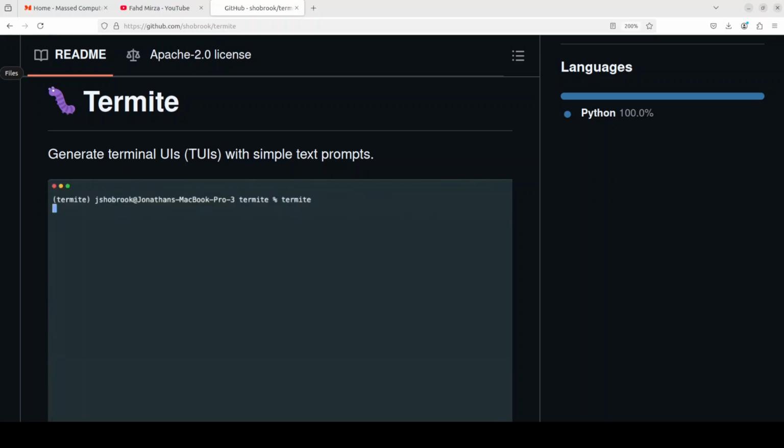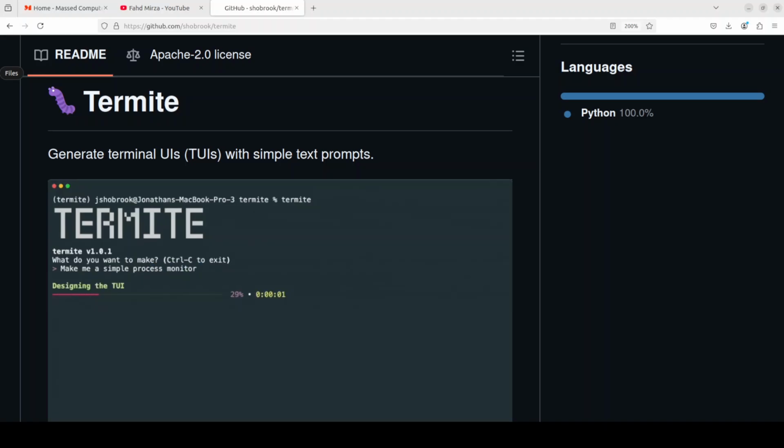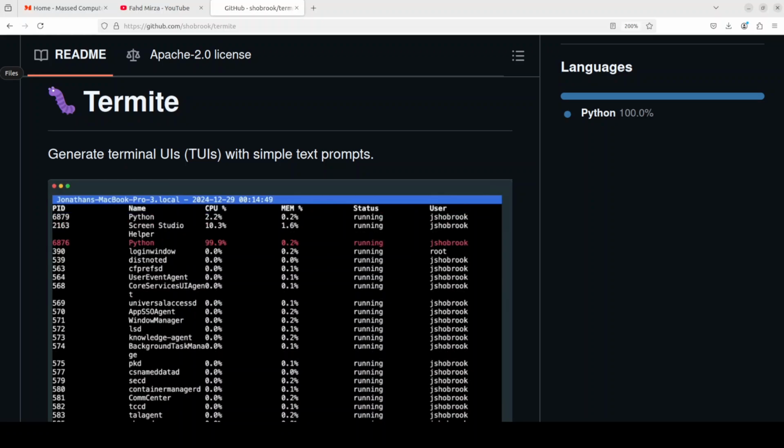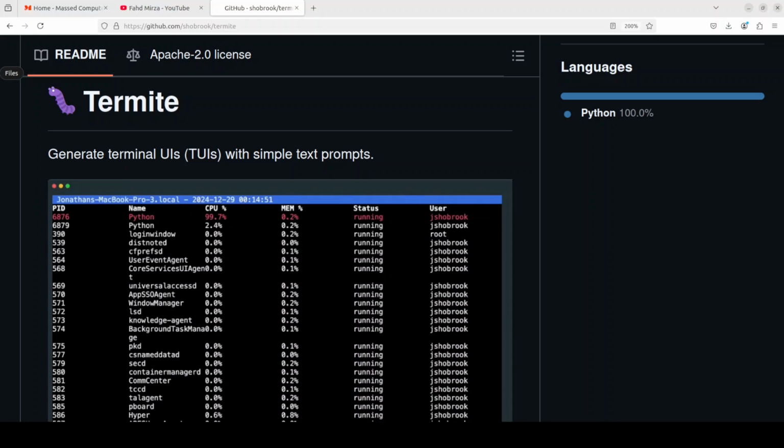In this video, we are going to install Termite. Termite is an AI powered tool which is quite nifty. It generates terminal user interfaces or TUIs with simple text prompts. Termite lets you quickly prototype a terminal app to solve a problem, or you could code any terminal application quite